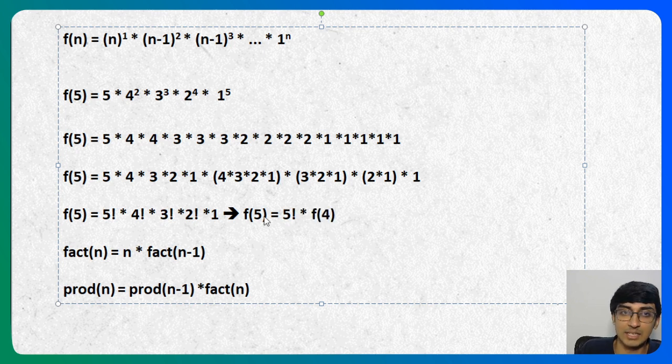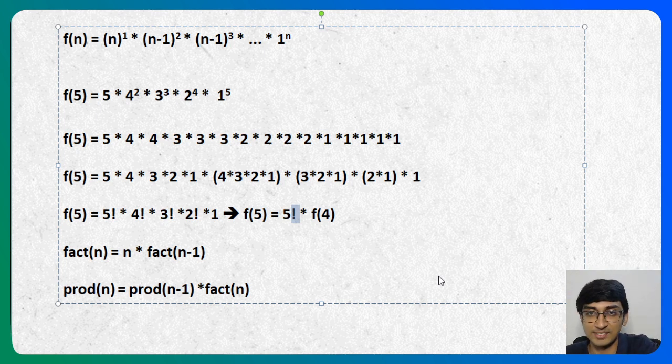So I can very easily say that product of n is equal to product of n minus 1, which is nothing but this f of 4 over here, into factorial of n, which is 5 factorial over here, right? So now with that we have a recurrence relation. It was said that the greatest value of n you can get is 10 raised to 5. Whatever is the greatest value of n, if I calculate till there, let's say up to f of 1000, then getting f of 100 is very easy, because I've already calculated f of 100 to be able to get to f of 1000.